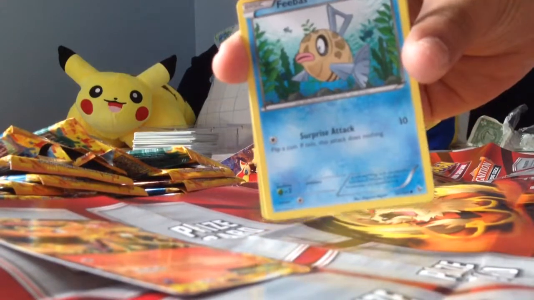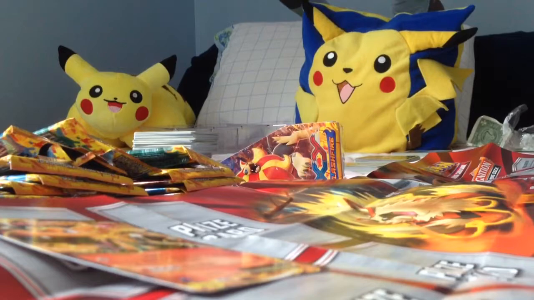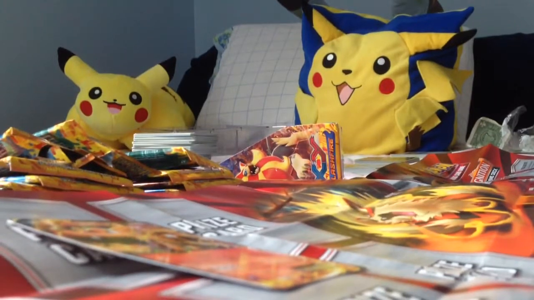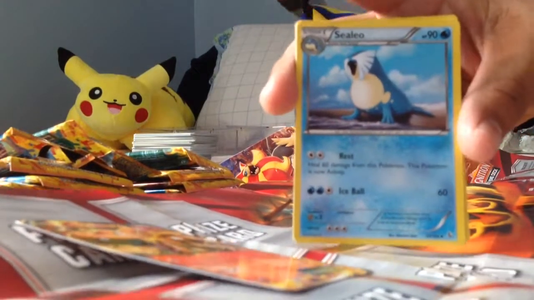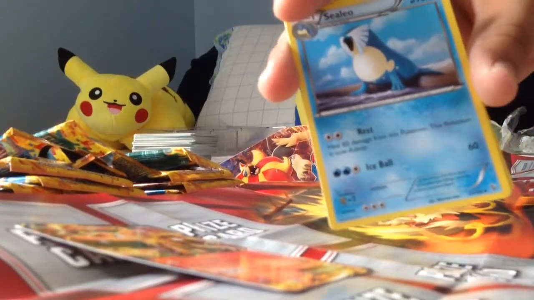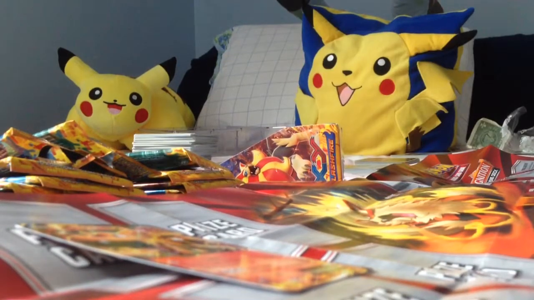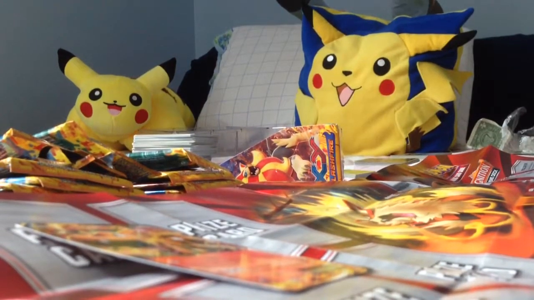Feebas, whose one attack, if tails, the attack fails. Spiel, however you want to pronounce it. Celio, whose rest attack means the Pokemon is asleep and heals 60 damage. That was from the first 25. The next 25,